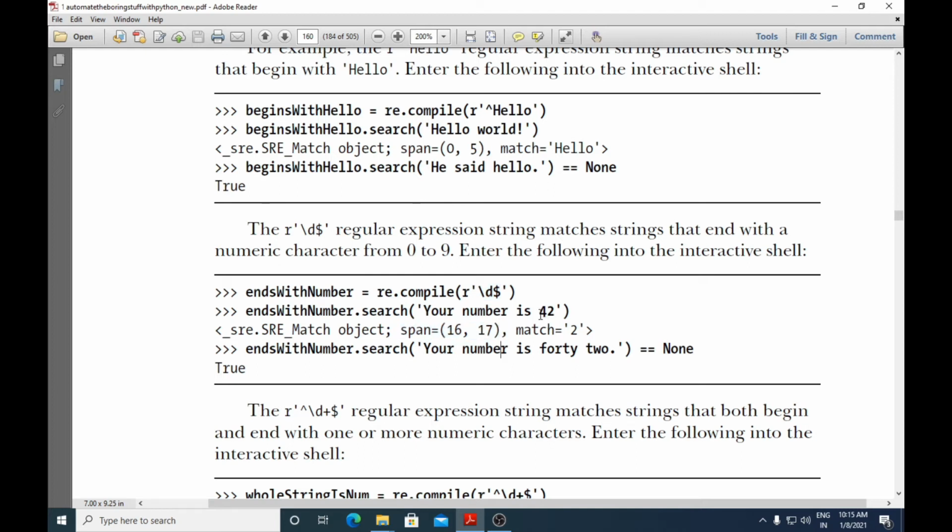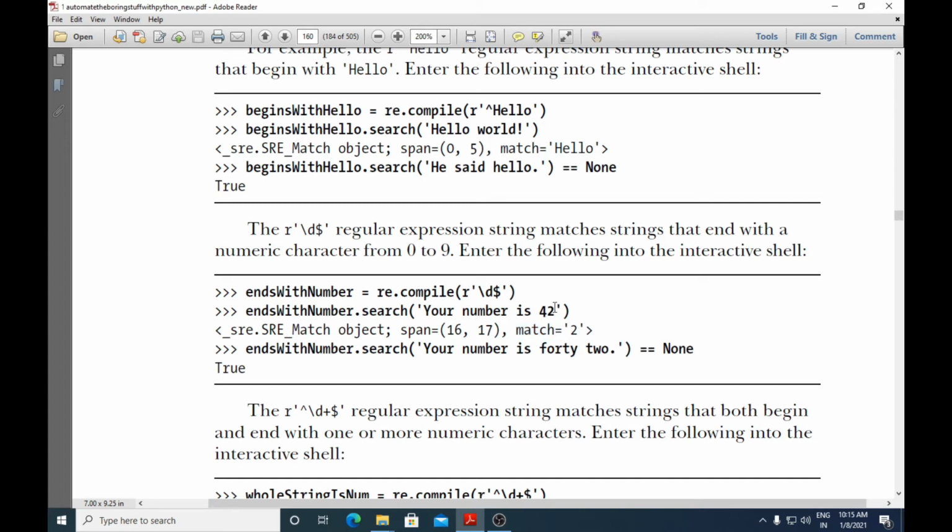That means the characters from location 16 to 17 of this string. That means it is beginning with 16 and it is ending with the 17th location. And in that 16th and 17th location you have a number and it is matching the regular expression \d. Okay, and which is the pattern that is matching?